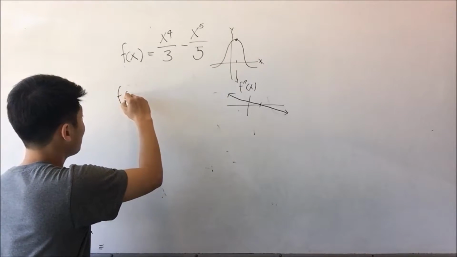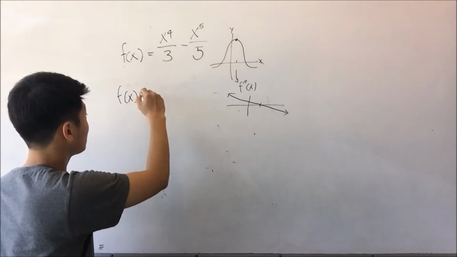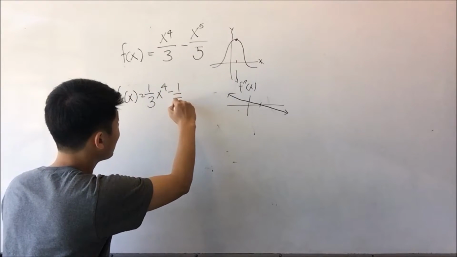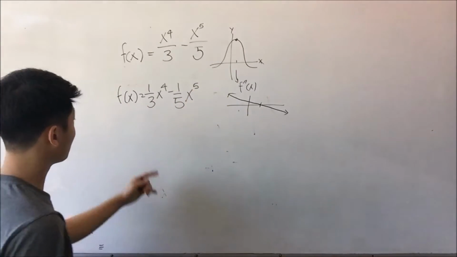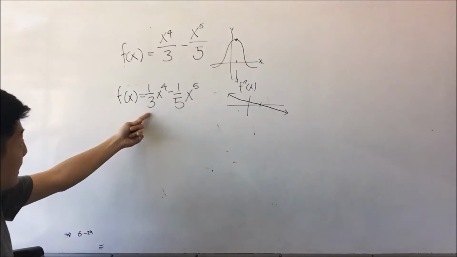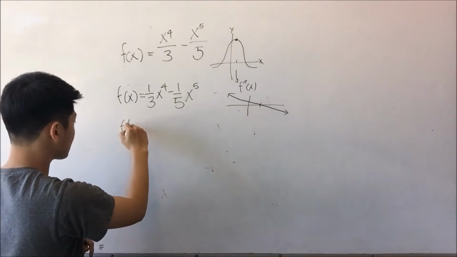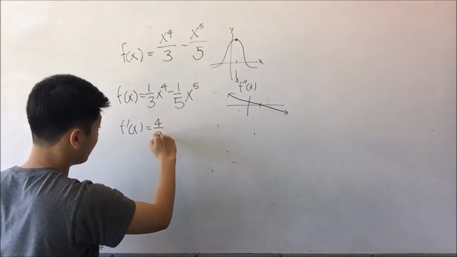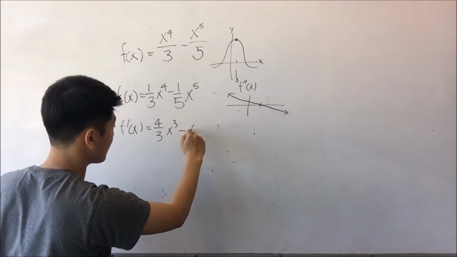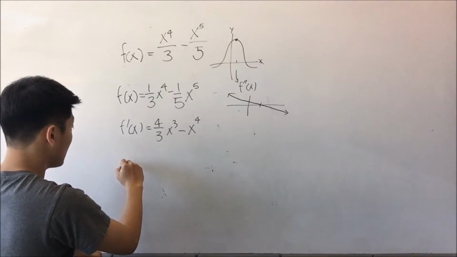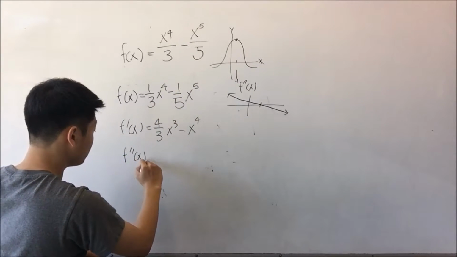So when I rewrite the function, this will look like 1/3 x to the 4th minus 1/5 x to the 5th. And then let's go with f prime x. F prime x goes down to 4/3 x to the 3rd minus x to the 4th. Differentiation. And then f double prime will equal